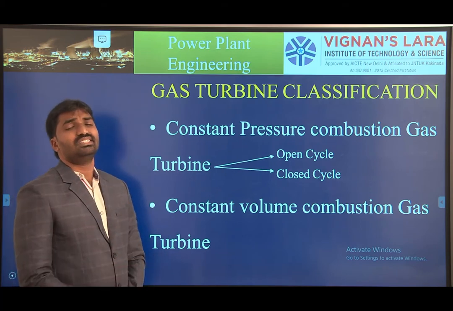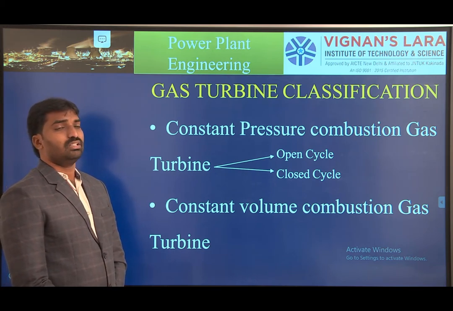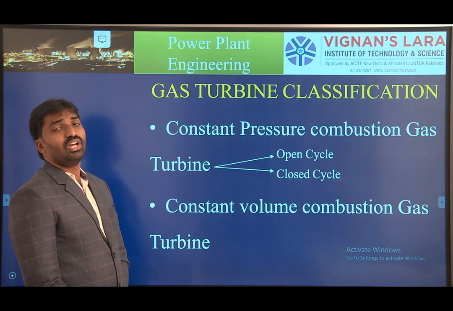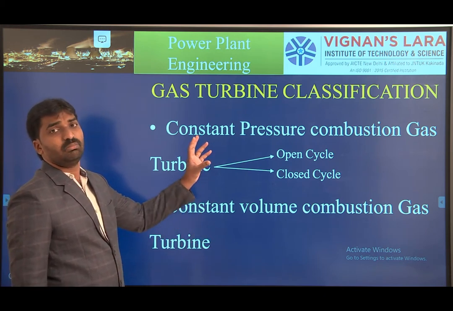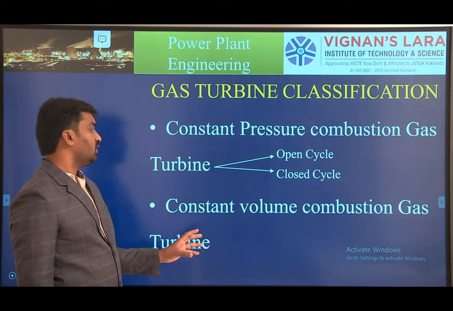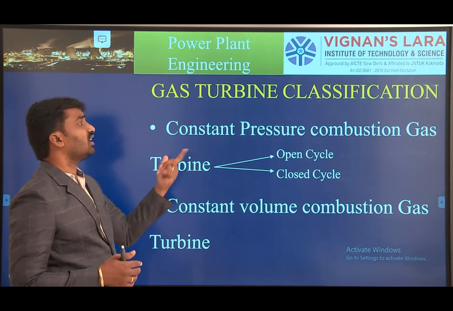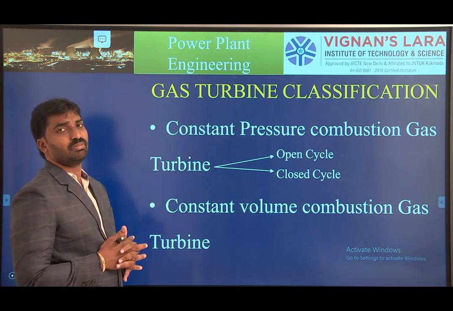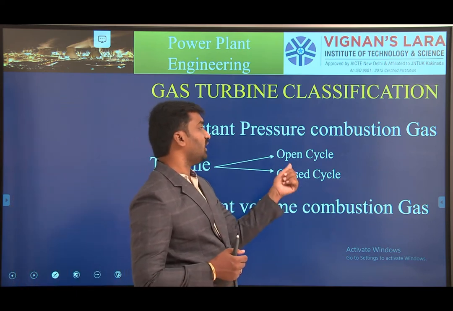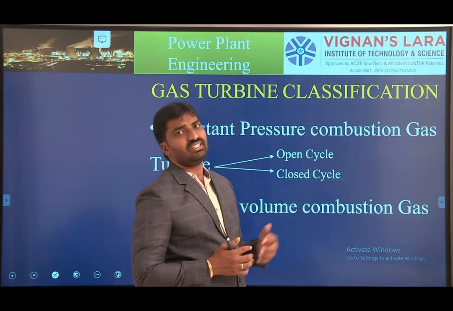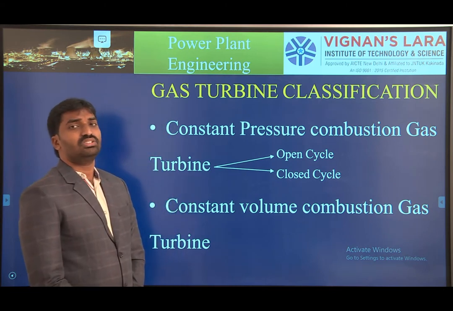So now a simple classification of gas turbine power plants. Generally gas turbine power plants are classified on various bases. Here in this session I would like to classify on two bases. One is the constant pressure basis and the second one is the constant volume basis. Okay. So in constant pressure, generally we prefer the constant pressure combustion gas turbines. That is divided again into two ways: one is the open cycle and the second one is the closed cycle. So what do you mean by an open cycle and what do you mean by a closed cycle?